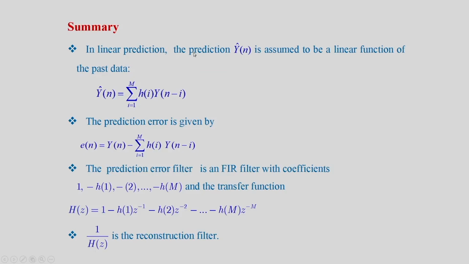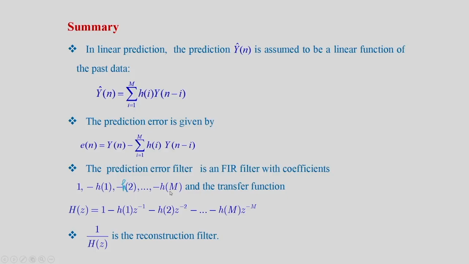In linear prediction, the prediction y hat[n] is assumed to be a linear function of the past data. y hat[n] is equal to summation h_i into y[n minus i], i going from 1 to m. The prediction error is given by e[n], that is equal to y[n] minus summation h_i into y[n minus i], i going from 1 to m. The prediction error filter is an FIR filter with the coefficients 1 corresponding to this 1,